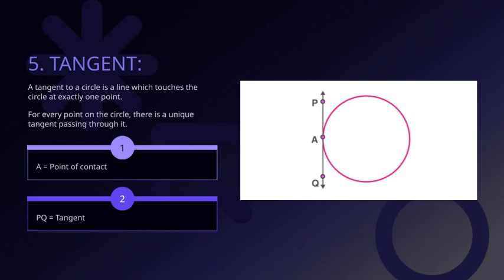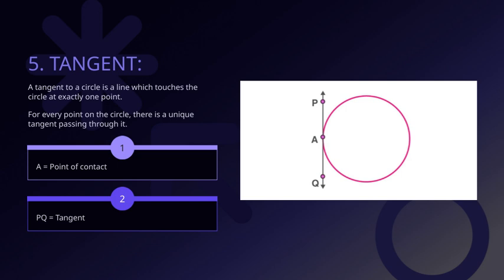All right, let's dive into the concept of tangents. So, when we talk about a tangent to a circle, we're referring to a line that touches the circle at exactly one point. That point is what we call the point of contact, which we're denoting as A now. An interesting fact is that for every point on the circle, there is a unique tangent that passes through it. This means that at any point along the circle, there's only one line that just touches it and doesn't cross